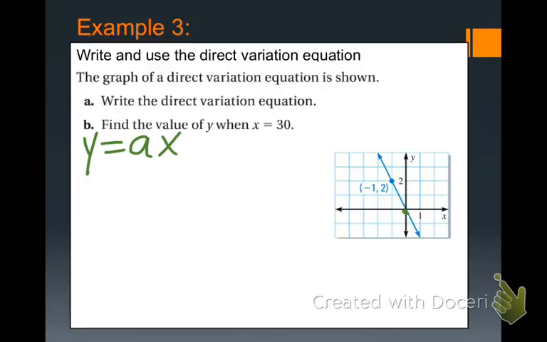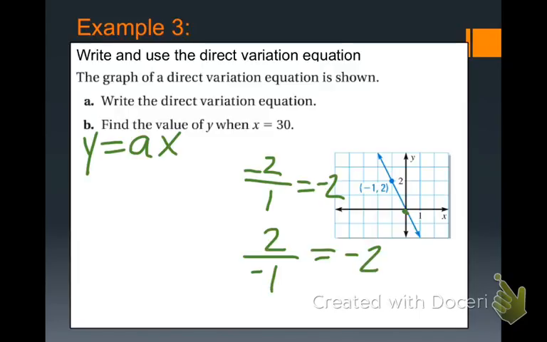Our slope is rise over run. We could count down to -2 over our run, +1, which is equal to -2. Or we could start at the origin, count up to +2 in the rise, and to the left one is -1 in the run. That's still -2. So our direct variation equation would be y equals